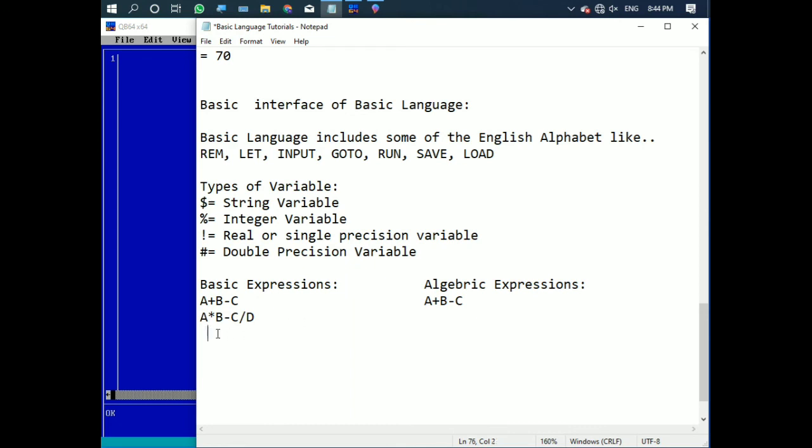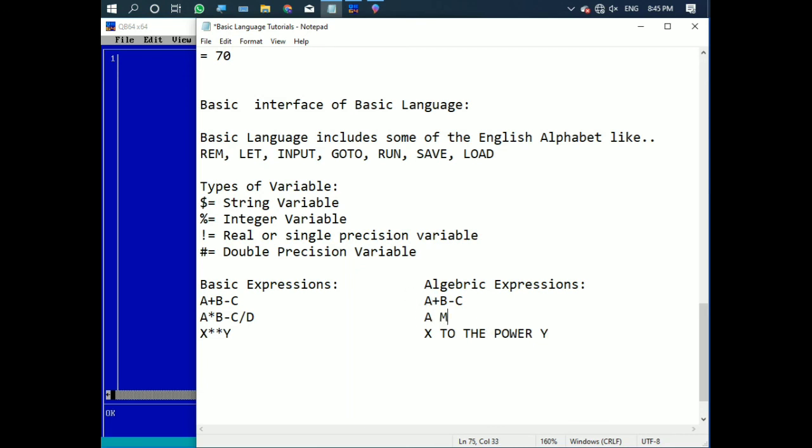Another expression which we always write is x double multiplied by y. What is the meaning of this? The meaning of this is x to the power y.